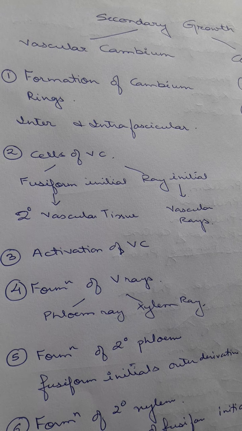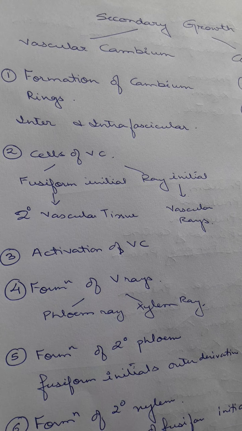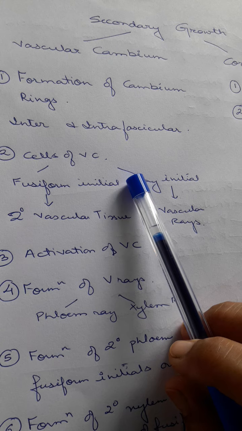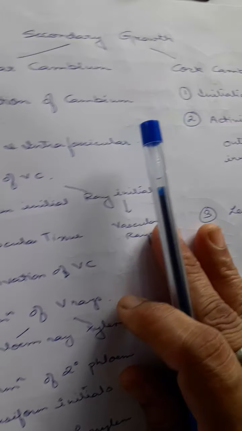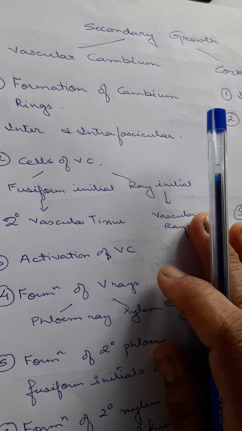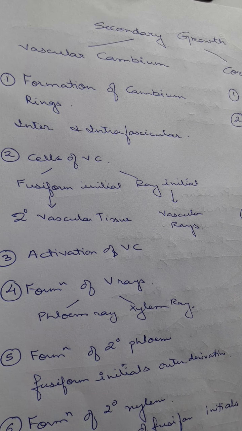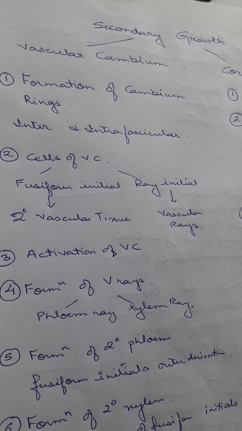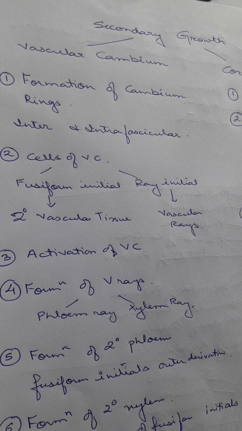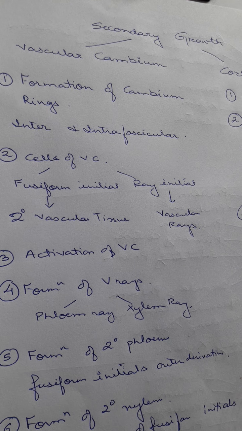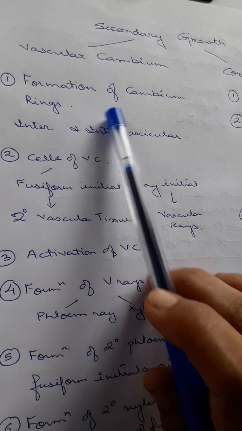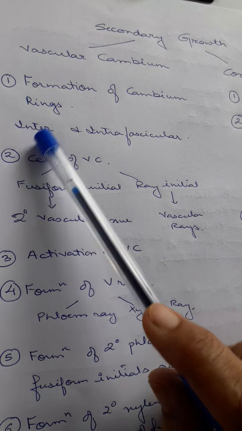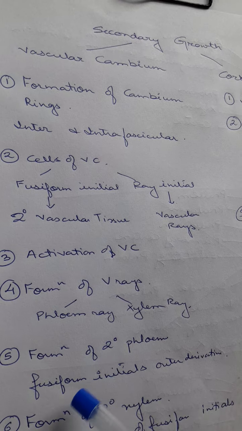Okay. Now, the secondary growth can be due to two types. One is vascular cambium and other is the cork cambium. Okay, now vascular cambium means these are the tissues which are developed from the lateral meristem, and they are completely responsible for the formation of the secondary xylem and secondary phloem. Now, these vascular cambium together, their functions can be subdivided into the following points.